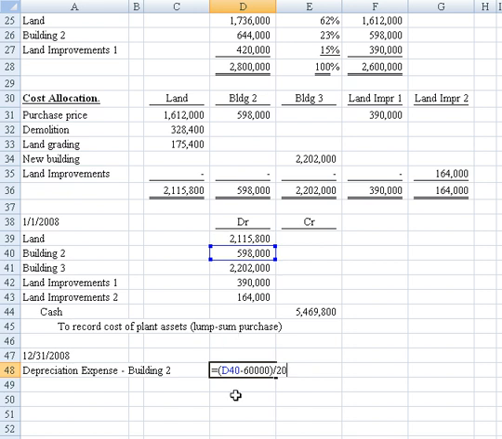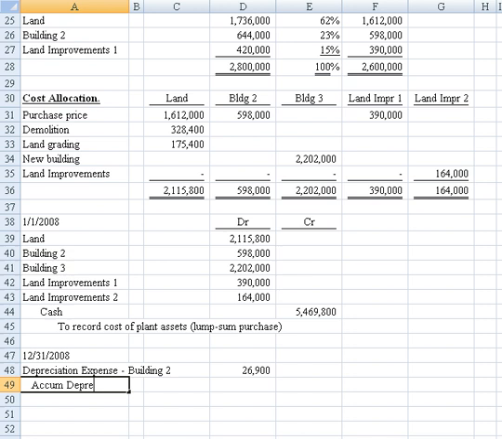You guys all see how I come up with the depreciation amount? I'll hit the F2 so you can see it. I take the value in cell D40, subtract the 60,000, put parentheses around that so that we get the numerator in total, then divide by 20. And that's our depreciation expense. Now I need to format again. We'll just format a whole bunch. So we get 26.9, and of course the credit then is going to be